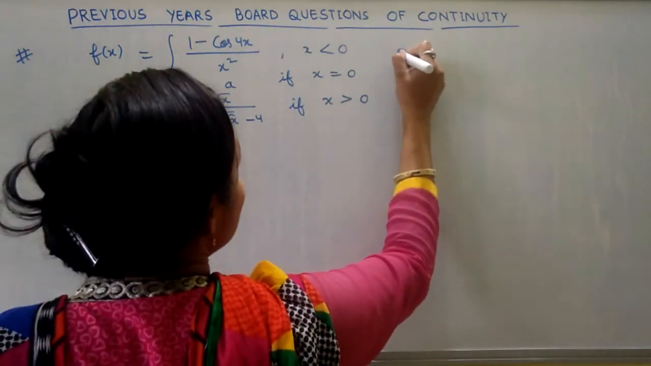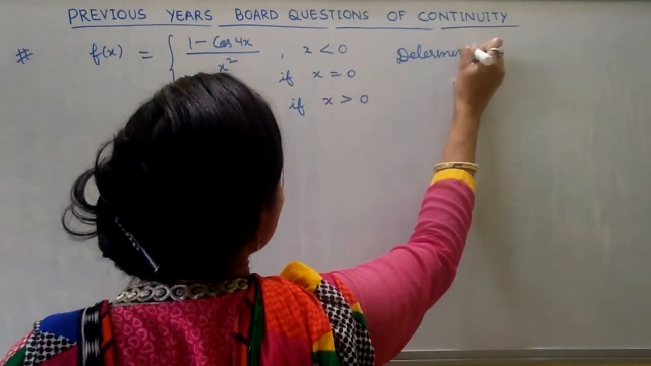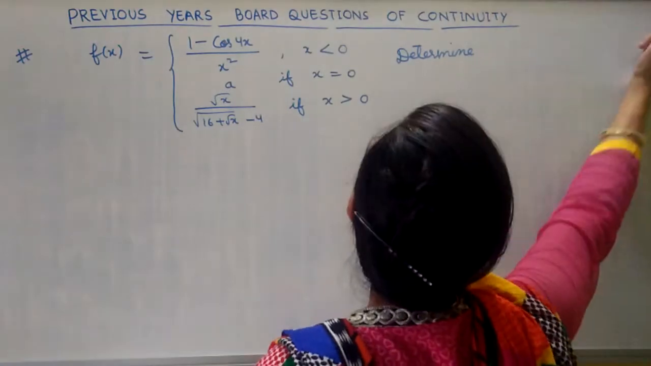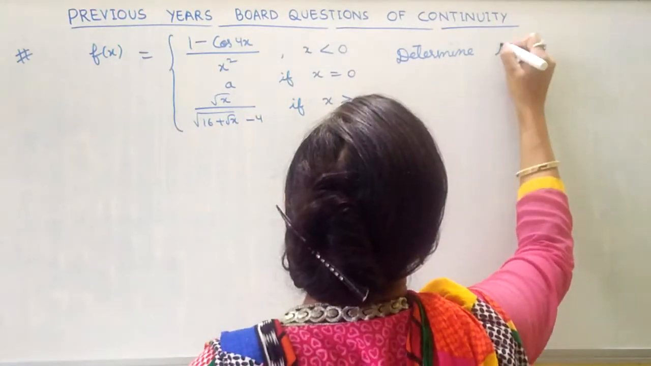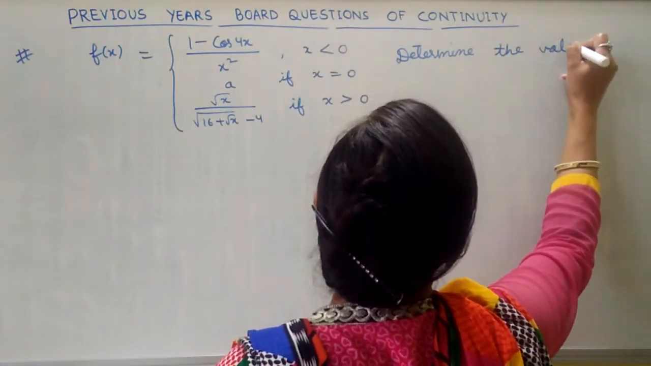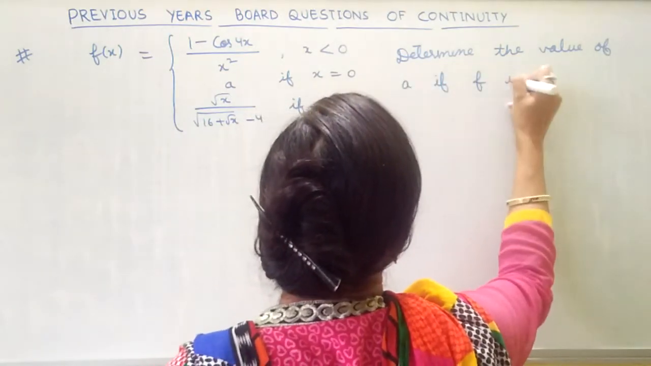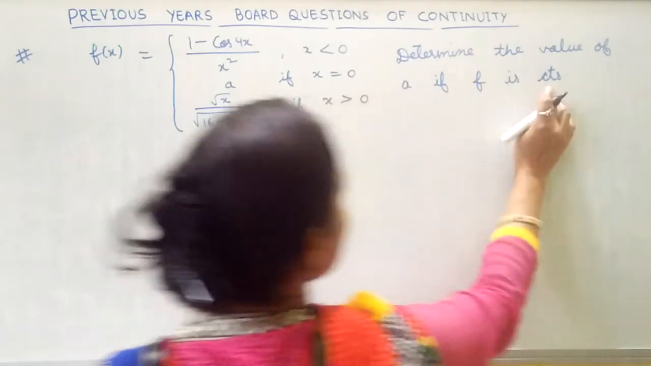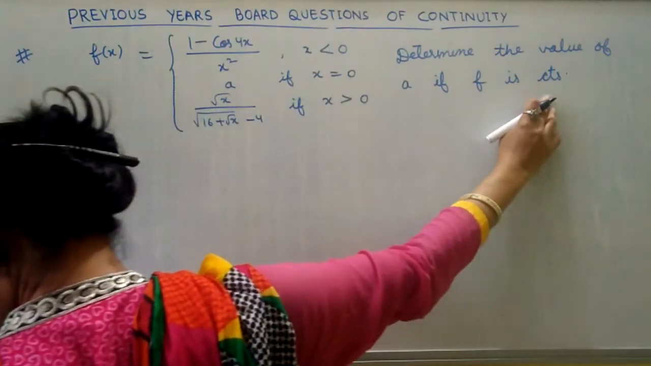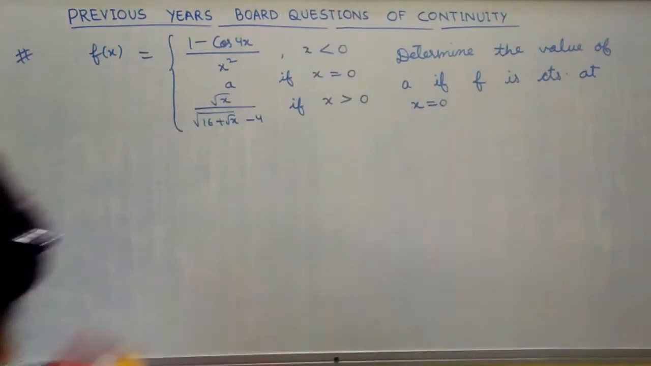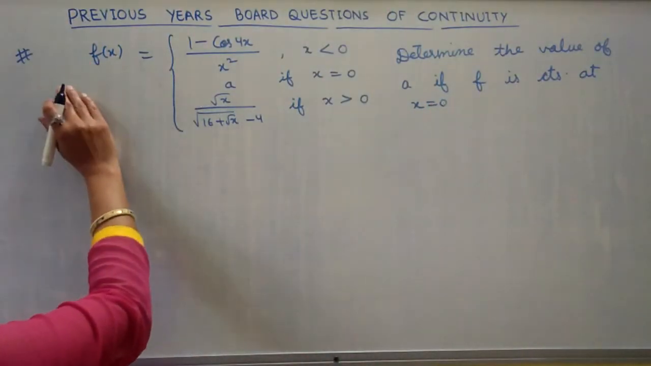Determine the value of a. It is given to you to find the value. Determine the value of a if f is continuous. It is a short form of continuous. Okay, continuous at x equals 0. So we have to find, and this question comes in board exam